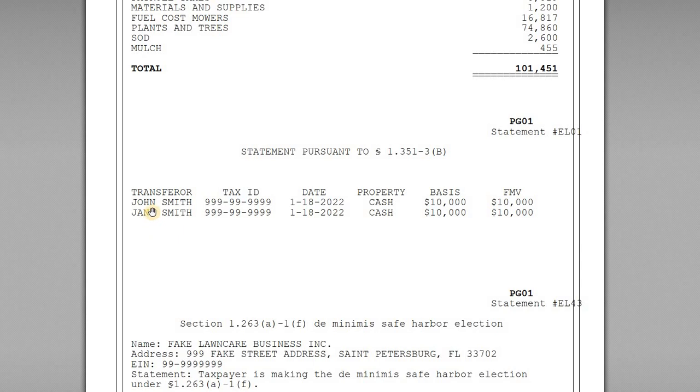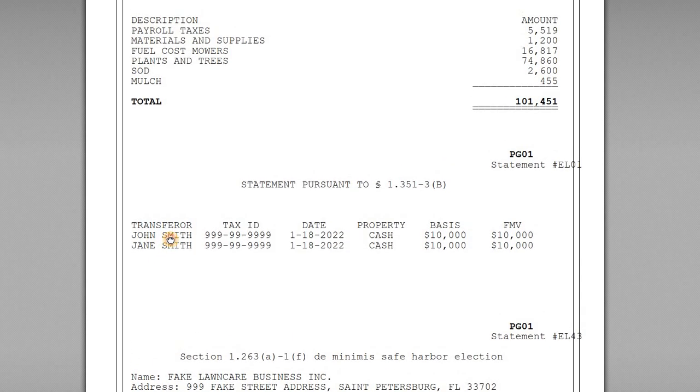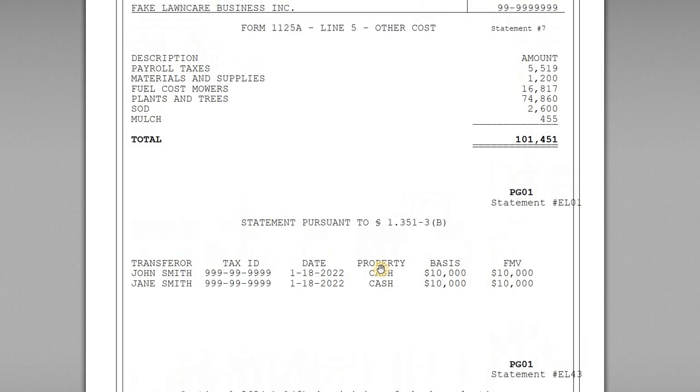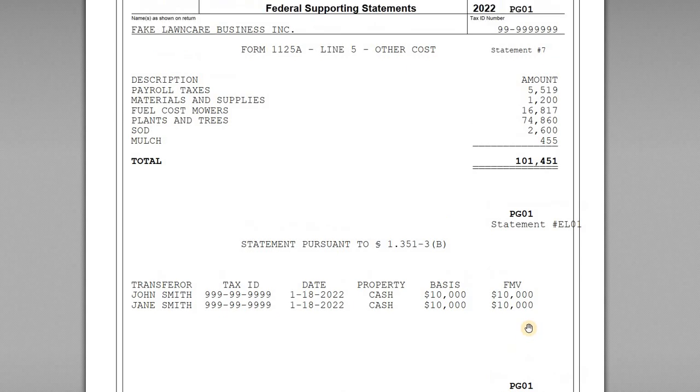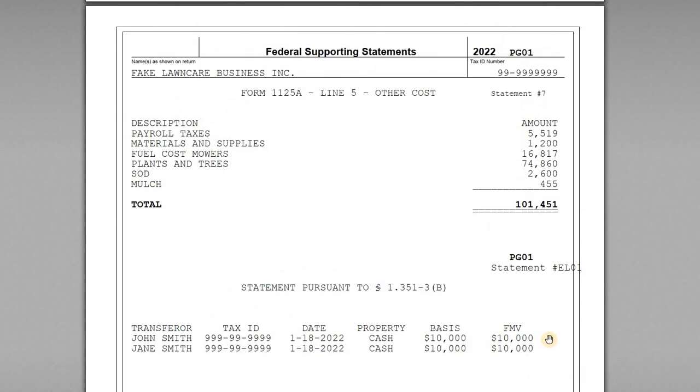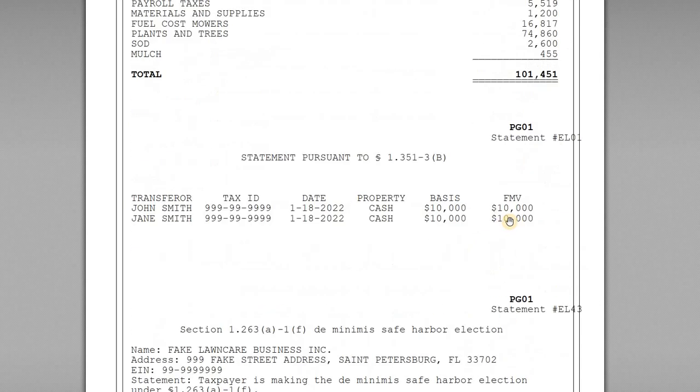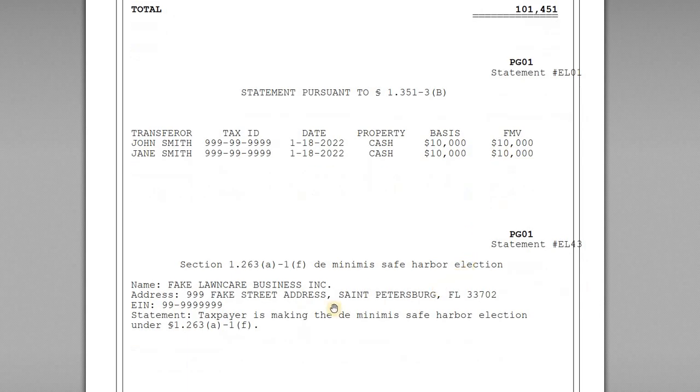It includes information on the shareholders, right? So John and Jane, their tax ID numbers, the date they made the contribution, the type of contribution made, the property was cash, their basis, and the FMV in the property. When you make cash contributions, obviously those numbers are going to be the same because cash FMV is just whatever the cash value is, right? So basis and FMV are going to be the same. And so as long as you include that in the statement, then the non-recognition should apply, and you've complied with